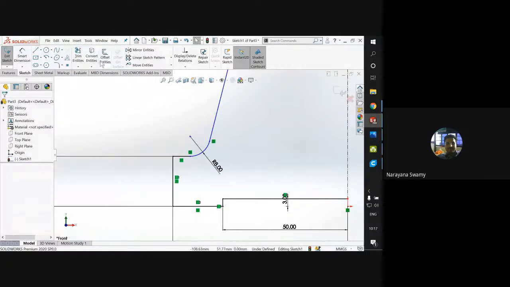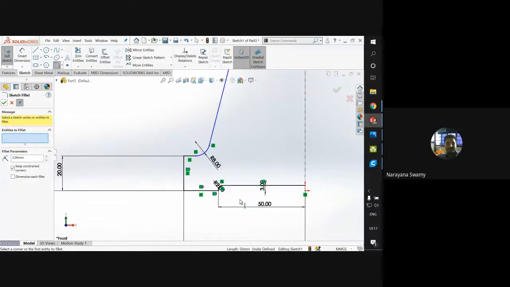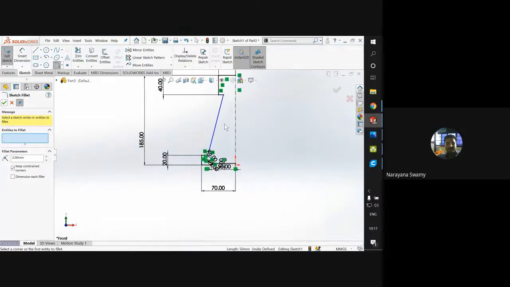So we'll take a fillet and give a maximum of 2 mm to this line. Even if you give more than that, it will not take it. Okay, so this is how exactly it is visible now.